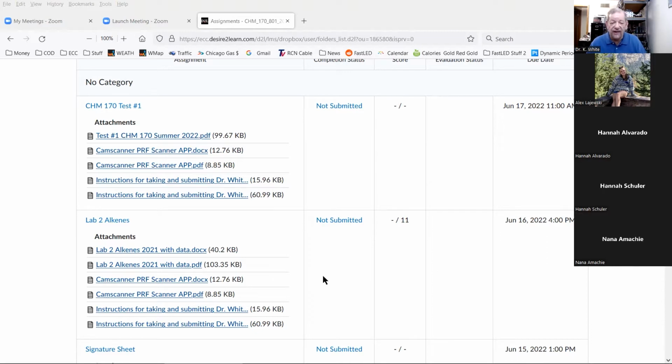Either way. Now, Nana asked, as soon as we open it, do we have an hour to complete it? No. Say you downloaded it and opened it, but something comes up and you've got to make dinner for your kids or whatever. Once you start actually reading the first question to take a test, like if you were in the classroom, that's when the clock starts. And honestly, if you've done the practice problems and studied a little, it shouldn't take you more than 35 minutes.